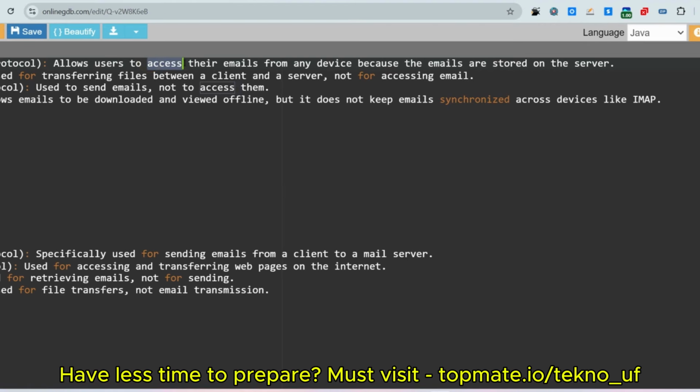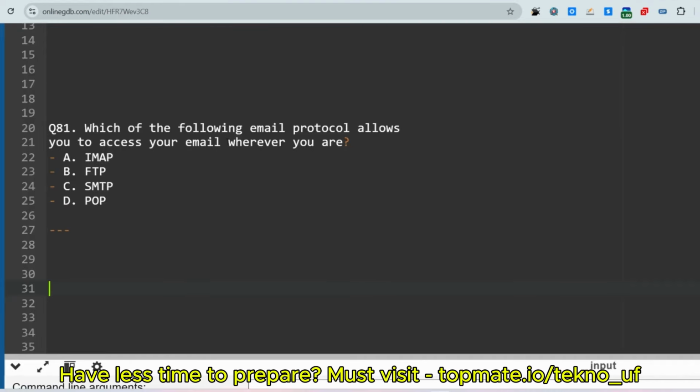Here they have mentioned the term access. The key terminology is to be noted and remembered: there is access here, and sometimes they'll say send or file. These are the important key points. Here they are telling about accessibility of your mail. That is why the answer is IMAP.